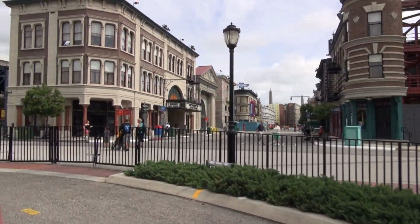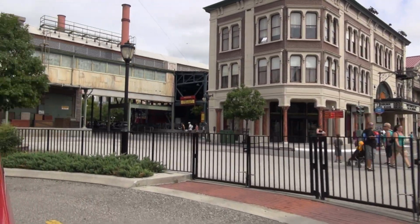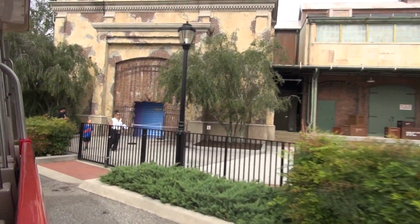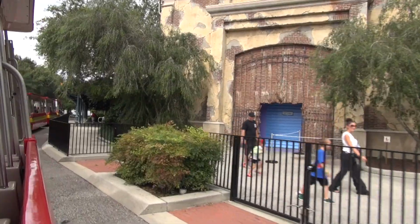We've just about reached the end of our tour. Our final stop is the American Film Institute Showcase, where you can see the actual costumes and movie props used in some of Hollywood's most...